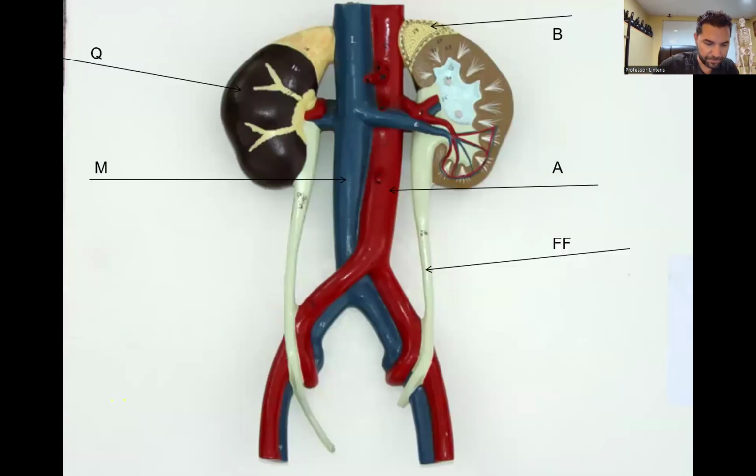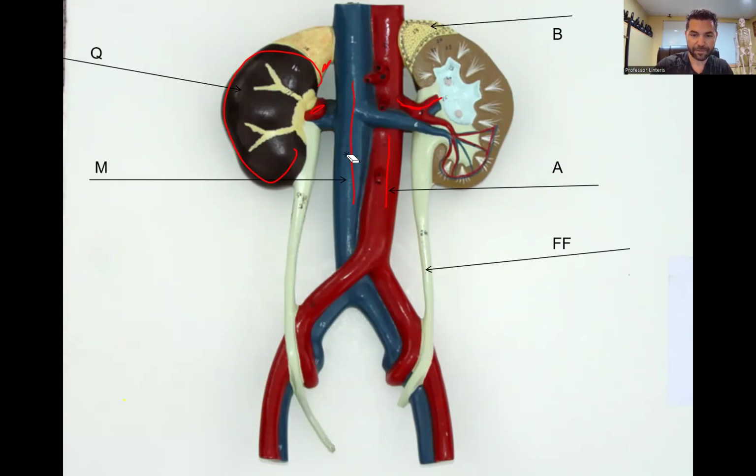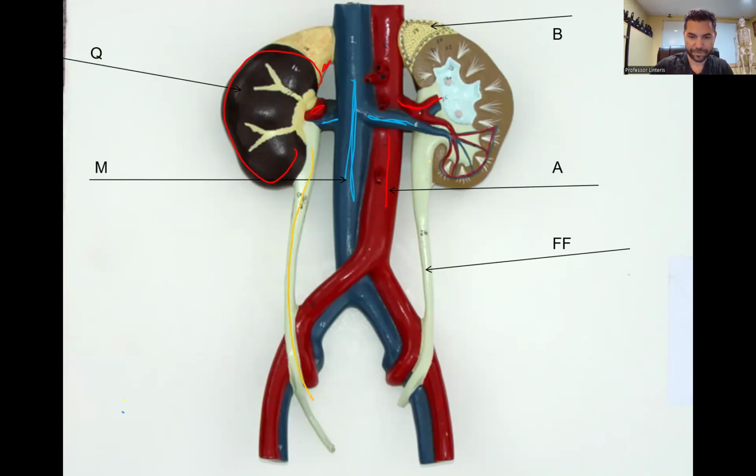Now, on this model, we can see the kidneys, the adrenal glands. We can see the inferior vena cava and the abdominal aorta. We can see the renal artery going in on both sides. We could see the, I'll do that in blue, inferior vena cava. And we can see these renal veins coming out, as well as the ureters, which would come down, fill up the bladder, and your urethra would be coming out